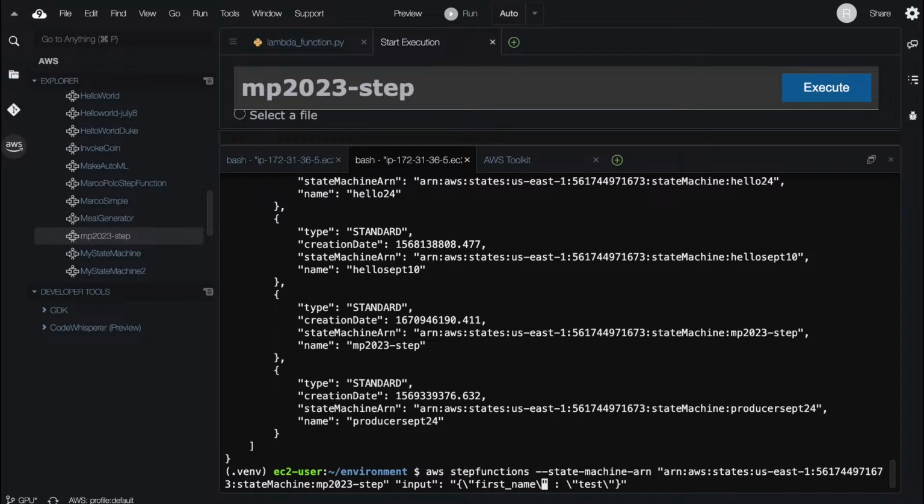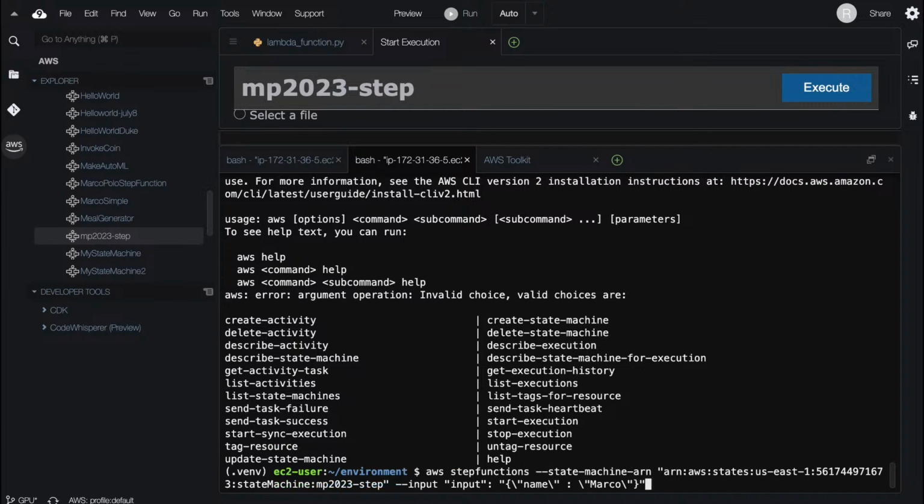We would say name Marco, and we would do dash dash input, something like this. If I don't get it right, not too worried about it. I think, is it this? Error, invalid choice. Anyway, it's something similar. You can also invoke it. I always have to Google it and debug it a little bit. But the nutshell is that you can completely build out functions in a command line environment using AWS Cloud 9.